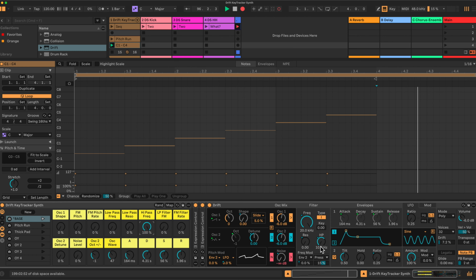Another example would be the low pass here. If I do the same thing with the low pass, see, the low pass is closing as we go up to the point that we have no sound. If I take off the high pass, so as I say, key tracking is typically connected to a filter,